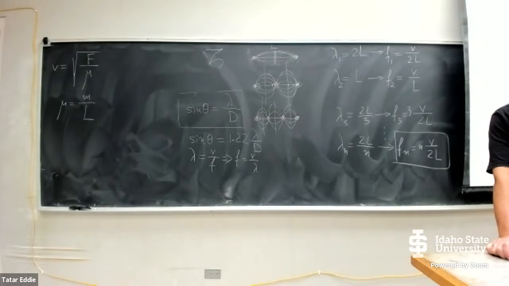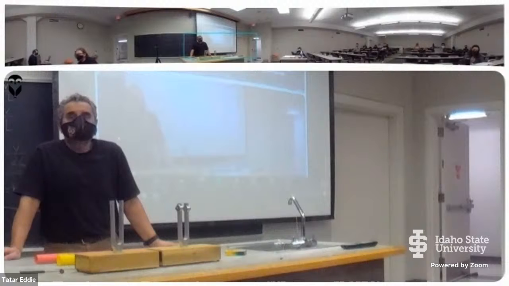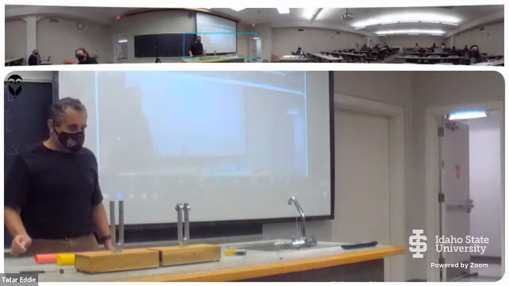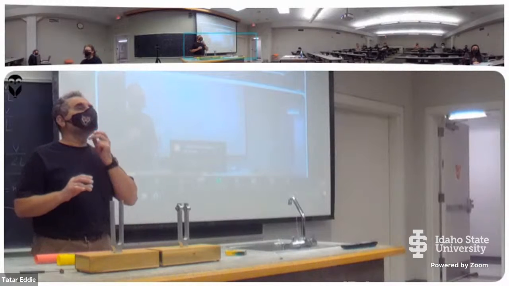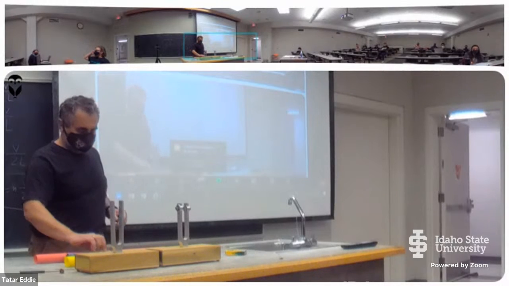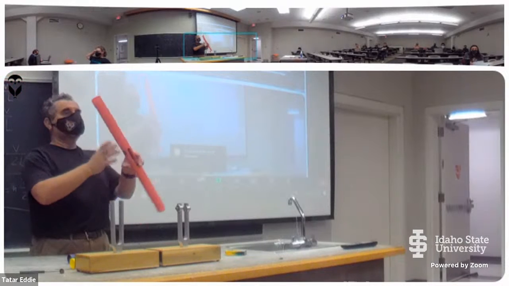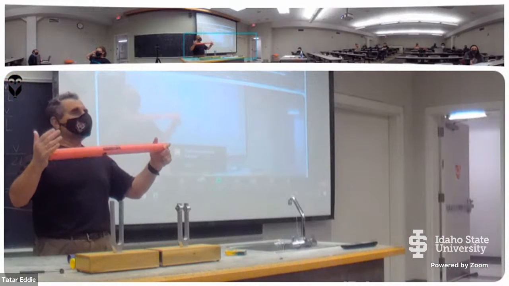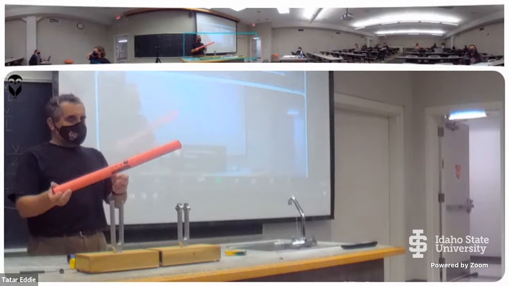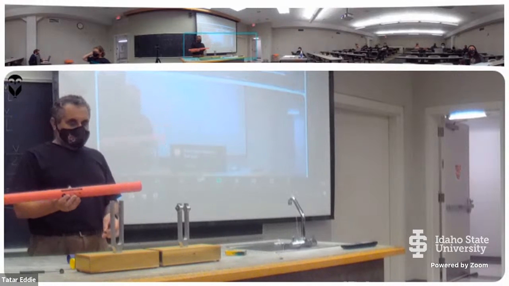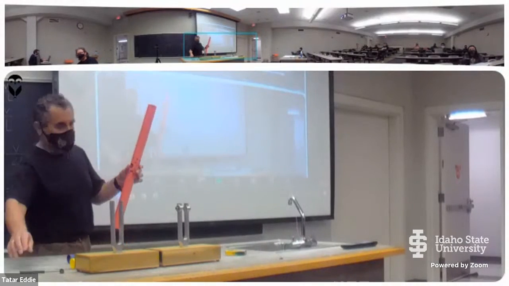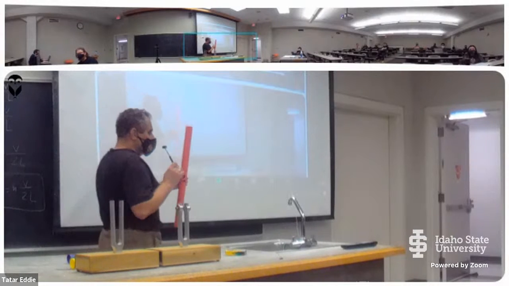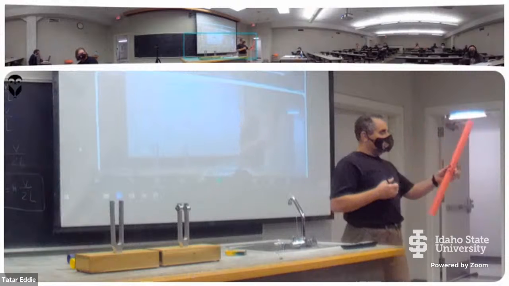Okay, we have 5 more minutes. I know that I was supposed to solve at least one more homework problem, but before that, that homework problem is related with standing waves in a pipe with either 2 open ends or 1 open, 1 closed end. And this standing wave on a pipe, I cannot generate, but the reasoning is very simple